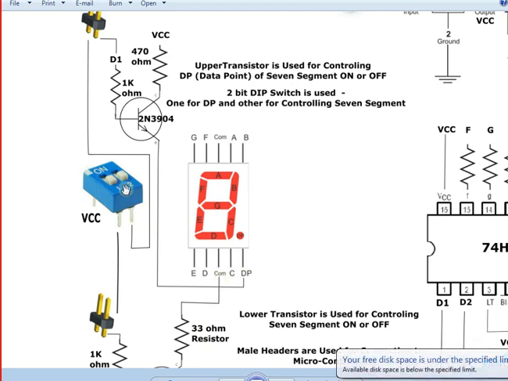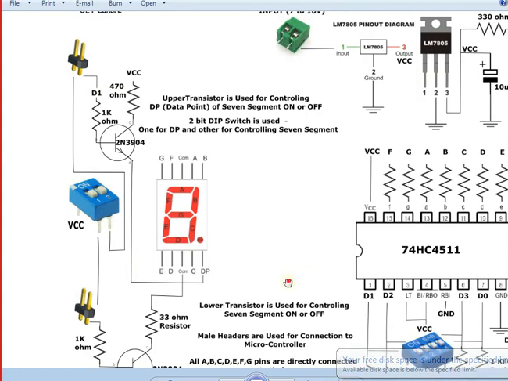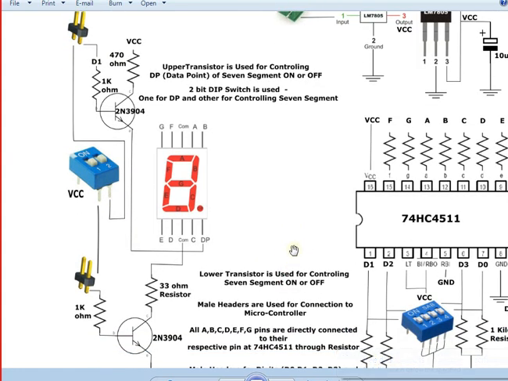So, yes, a dip switch is added, so that you can control it. Because you are just first year students, when you are going to make a PCB, you are not going to have any practical knowledge. So when you want to actually make this PCB run, these dip switches will come into play. But when you want to run this PCB through some microcontroller, then these male headers,